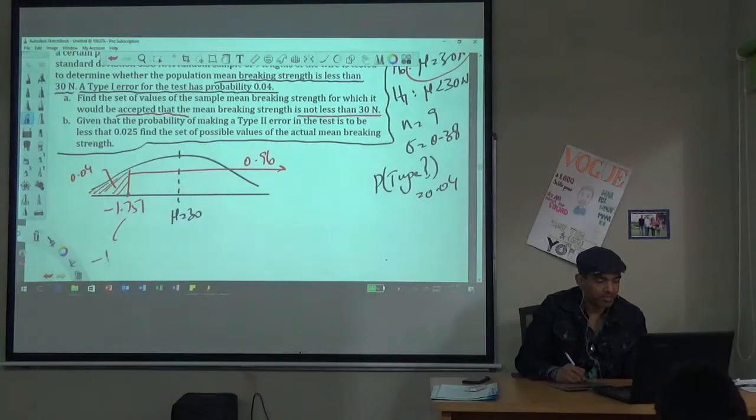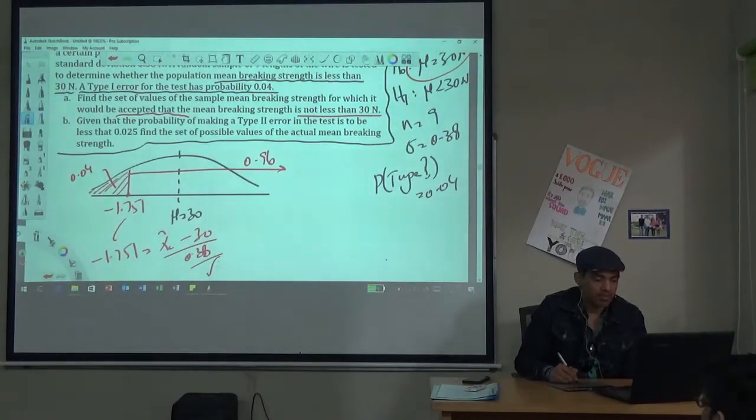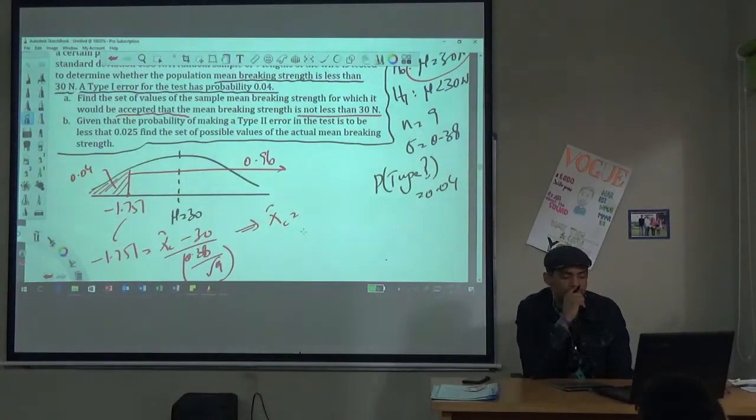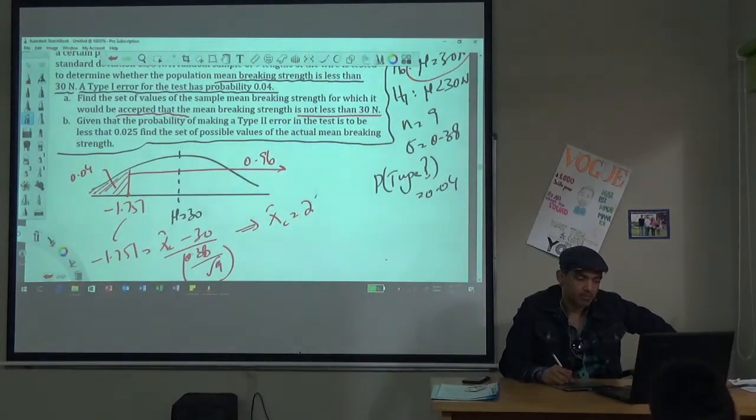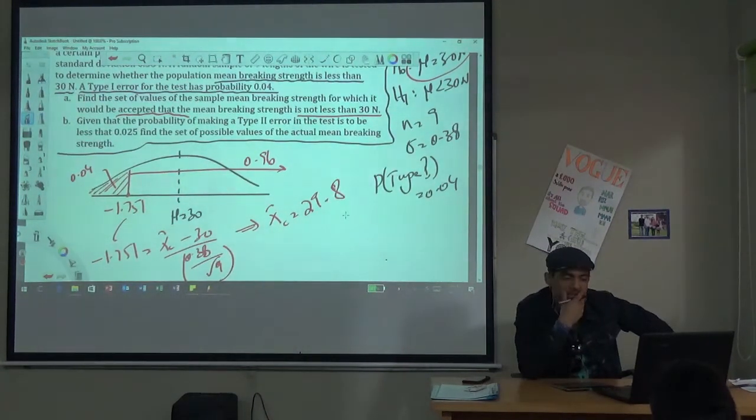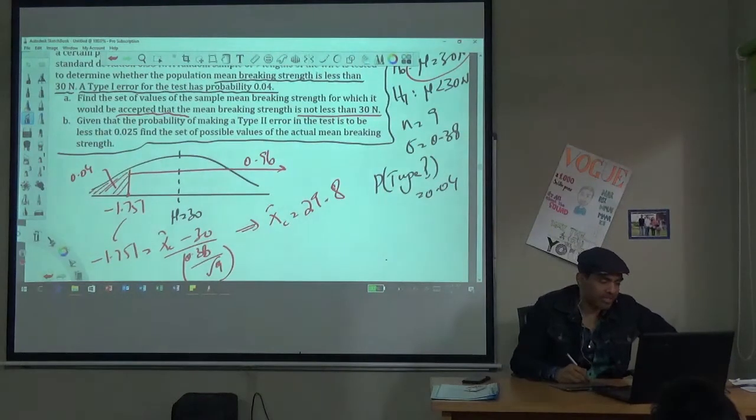Okay, so minus 1.751 equals X critical minus 30 upon 0.38 divided by root of 9. So this should be your X critical as 29.7, so 29.8. Let's take it as 29.8. Are we all getting this? So your acceptance region